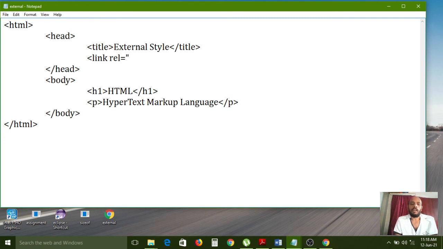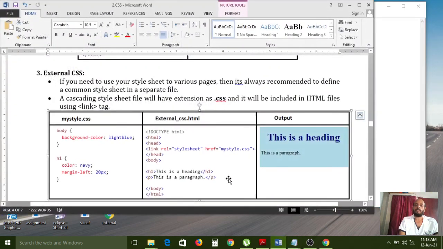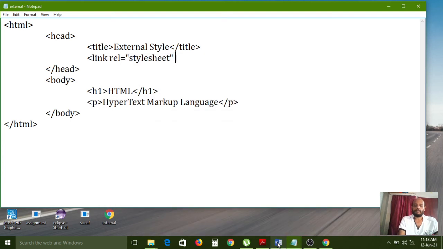Here we are telling the web browser. The web browser internally contains the web server. So what is this file? What type of file do you want to link here? That information we give by using the rel attribute. Inside the link tag, in the rel attribute we have to use stylesheet. That information we give first. Okay, stylesheet.